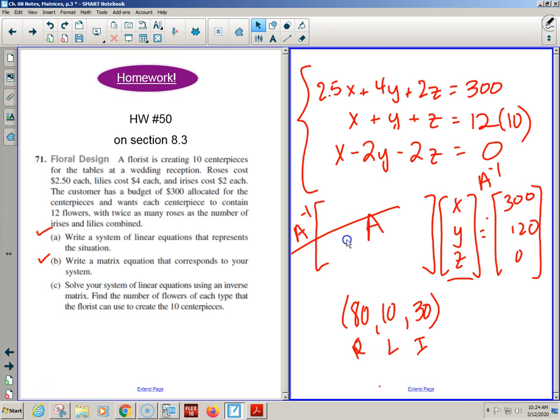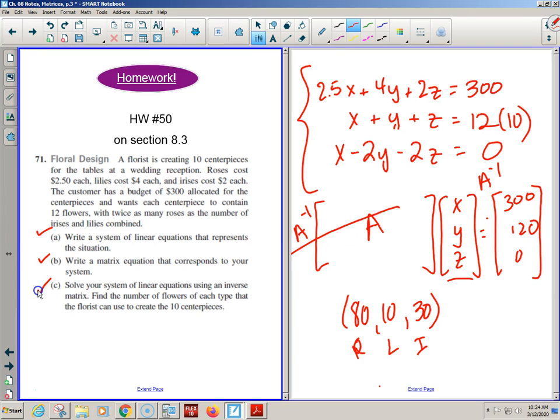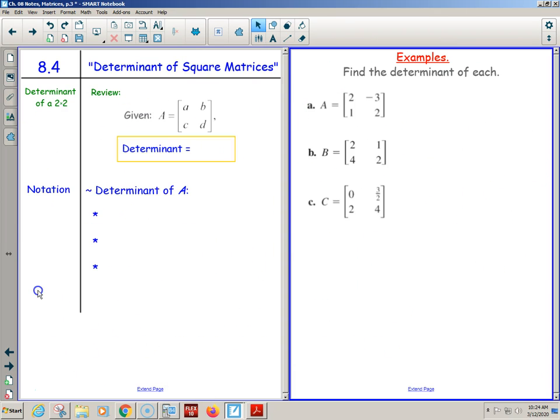Here's paragraph text broken down into one little itty bitty matrix multiplication. Well, using an inverse button on my calculator, which I'm very thankful for. Okay, so with that, let's go ahead and bust into section 8.4 that you guys have all set up and ready to go. And to be honest, you're totally ready for it because you already know, hopefully,